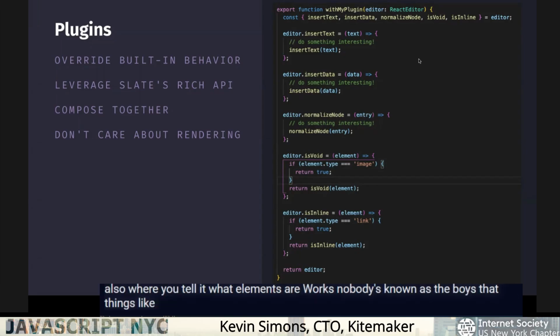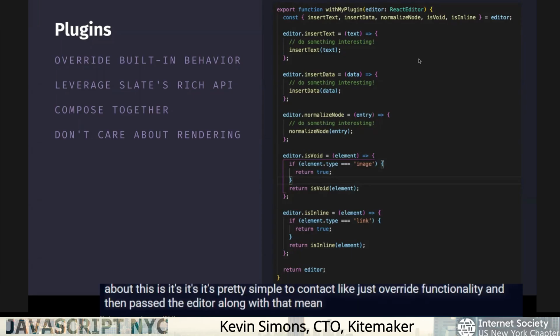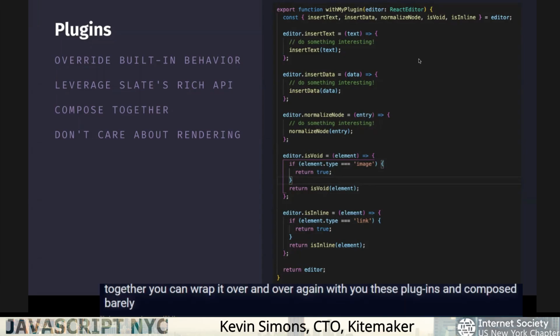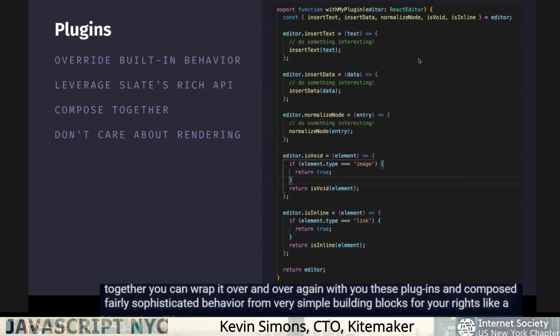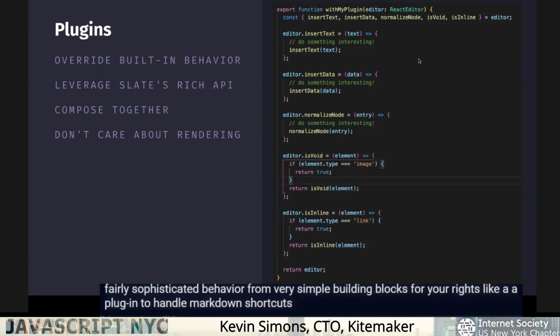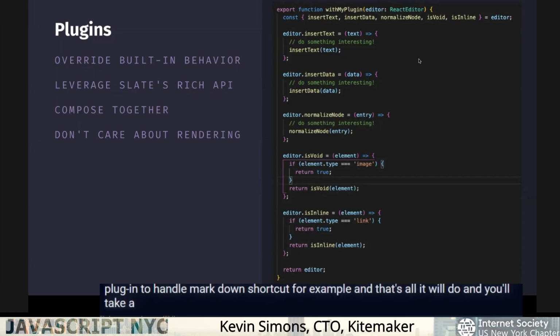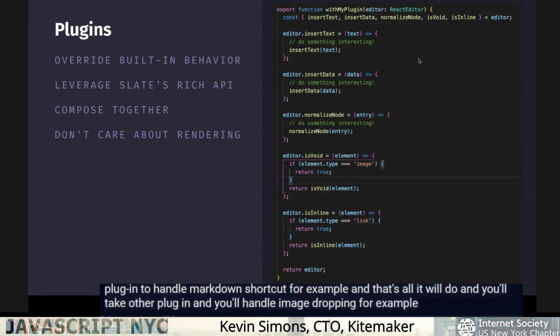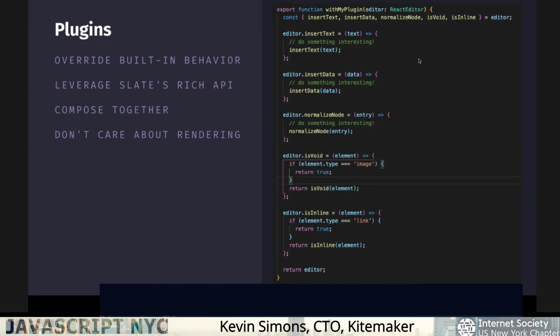So the cool thing about this is the concept is pretty simple: just override functionality and then pass the editor along. And what that means is you can chain these together. You can wrap it over and over again with these plugins and compose fairly sophisticated behavior from very simple building blocks. So you would write a plugin to handle markdown shortcuts, for example, and that's all it will do. And you'll take another plugin and handle image dropping, for example. And you just keep building these little things which you can reason about reasonably well because they're small, and you compose them together into a really complex